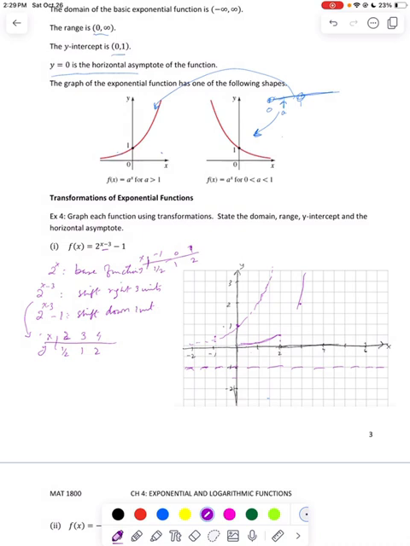Let's do it again. Okay, so let's look at it again. So we shift 2 units. So at 2, the value is 1/2. At 3, value will be 1. And at 4, it will be 2. So this is the